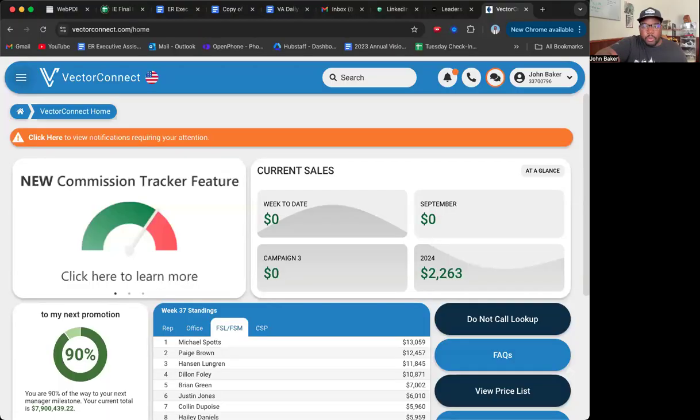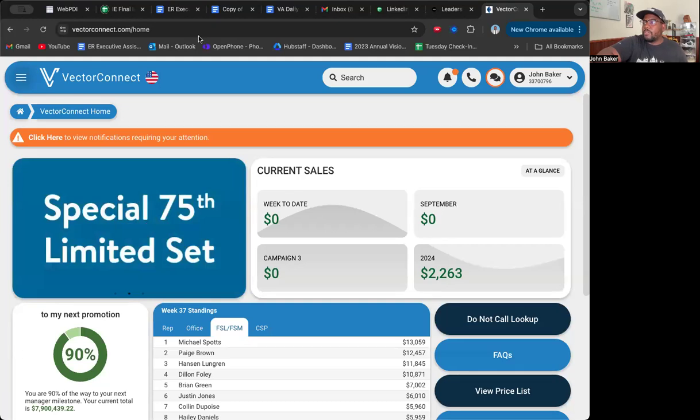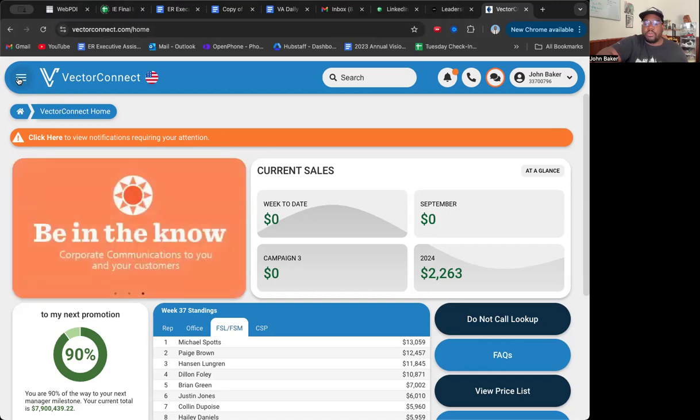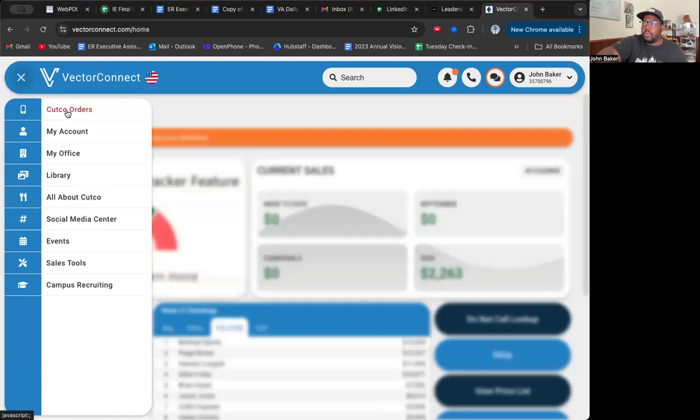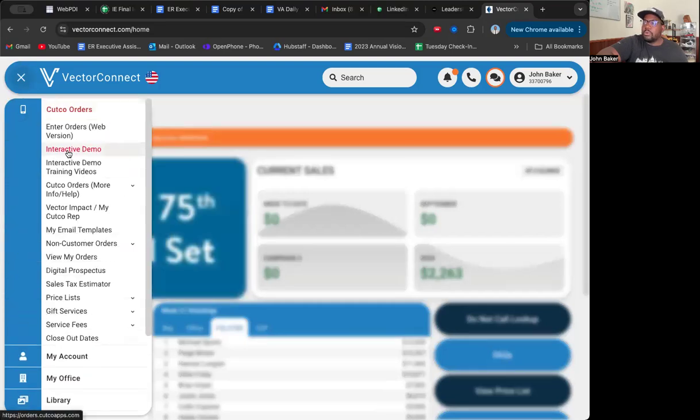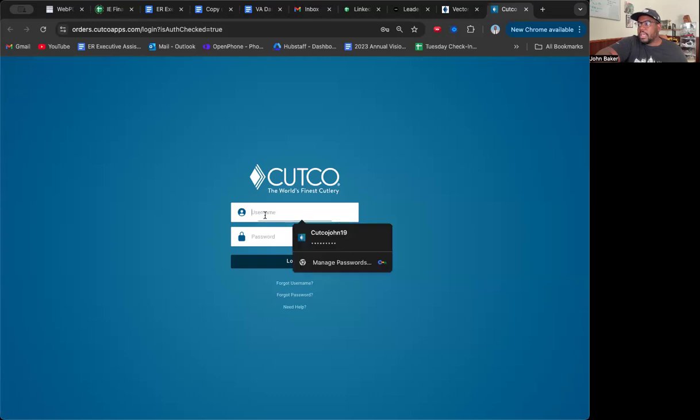So let's go ahead and just start off with where do we find our demo? How do we start our demo? We're going to start off with vectorconnect.com. Once you get into your homepage, you're going to go to your menu in the top left corner, and we're going to click on the red Cutco orders. We're going to click on interactive demo. And then what this is going to do is it's going to open up the Cutco orders website version, the